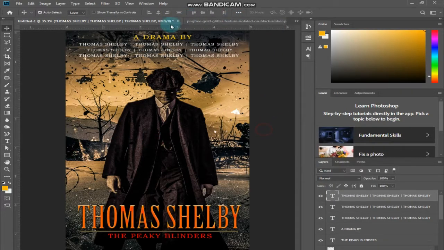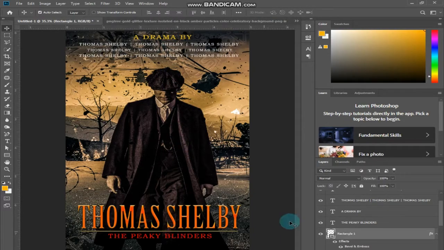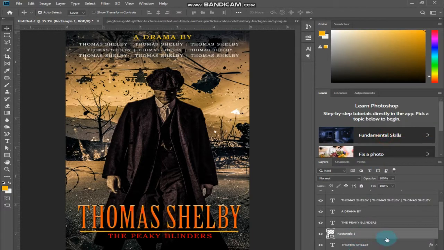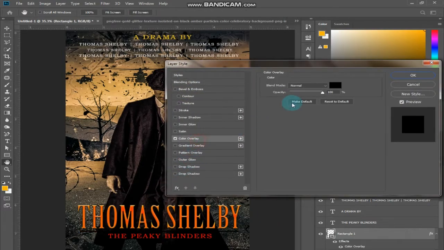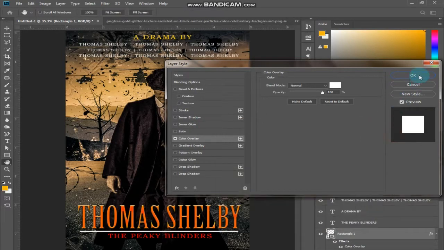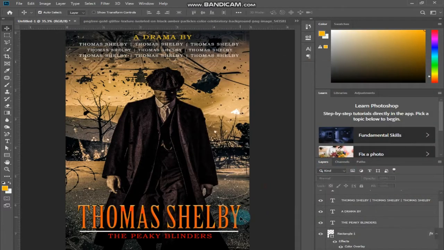Okay, so a drama by. I'm thinking to change this rectangle to white too. Remove clear hairstyle, yes. And then I am going to add a color overlay with something like white, so it will match the theme. Okay, so it's looking good, it's looking fine.